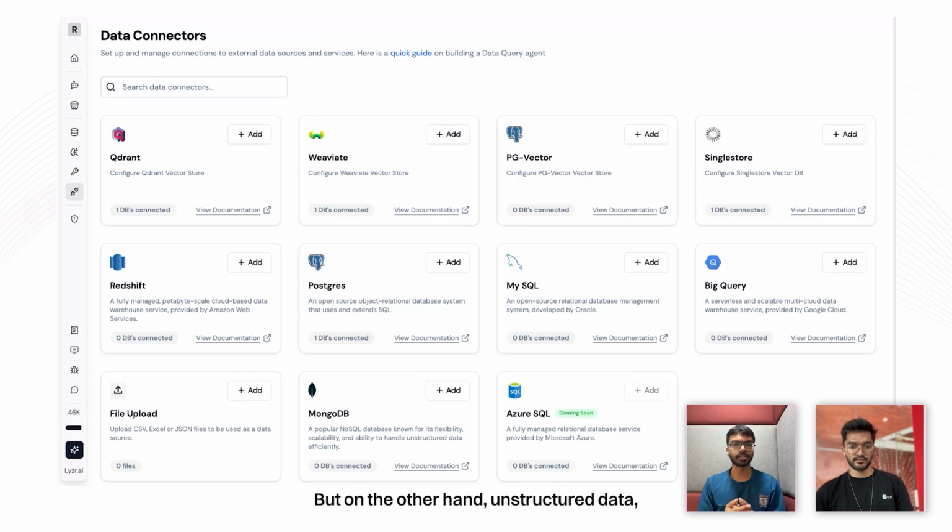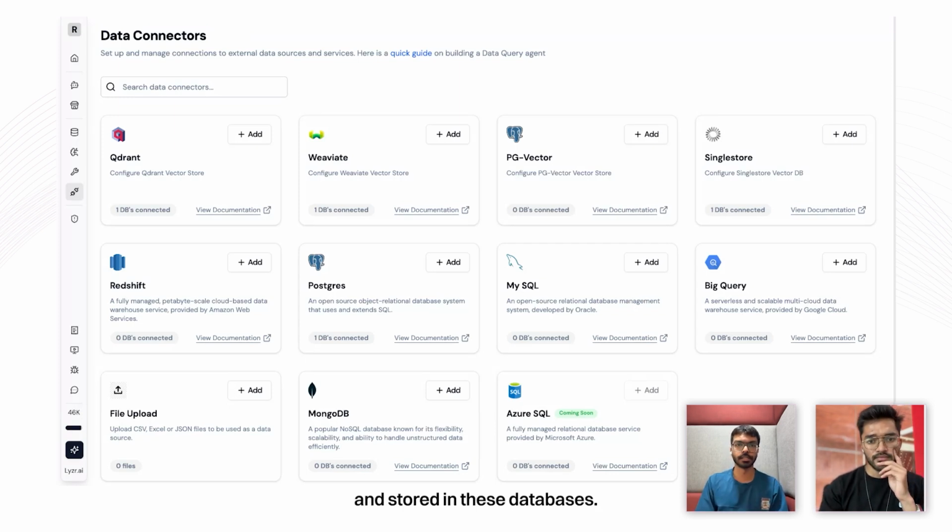But on the other hand, unstructured, which is what we are talking about here in vector databases, could involve anything. It could involve just text, just integers, all of them together. So this is what we mean by unstructured, and these are parsed and created into chunks and stored in these databases. Okay, so just now we saw that we do have a no code or low code UI